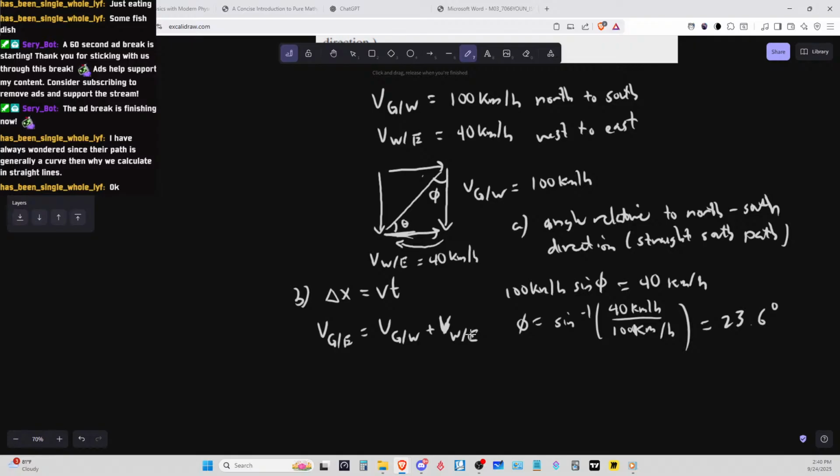Okay, so now the geese to the wind is 100 kilometers per hour times cosine of 23.6 degrees plus 100 kilometers per hour times sine of 23.6 degrees